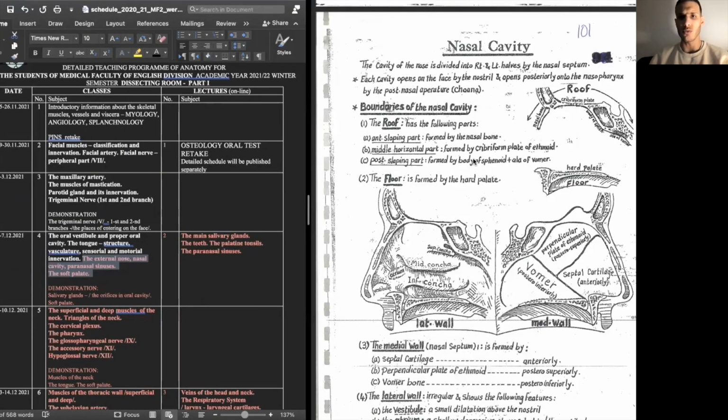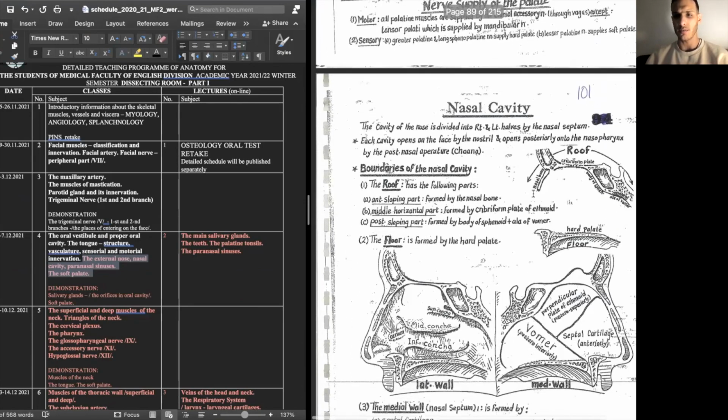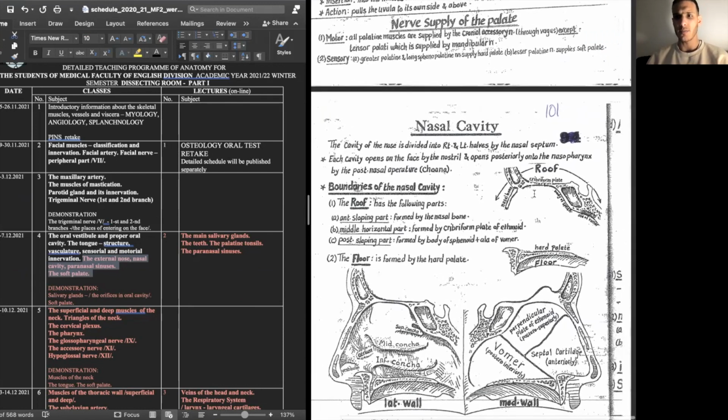Now we're going to just dive into the nasal cavity as a whole. There's a lot of things to discuss in this part, but hopefully we can get through it very fast. So the nasal cavity is basically the cavity that is superior to the soft palate and the hard palate, where the air breathed through the nose enters. The cavity of the nose is divided into right and left halves by the nasal septum. Each cavity opens on the face by the nostril and opens posteriorly onto the nasopharynx by the posterior nasal aperture,